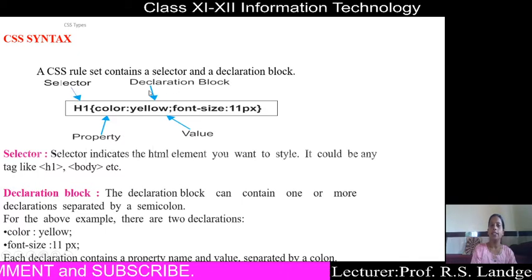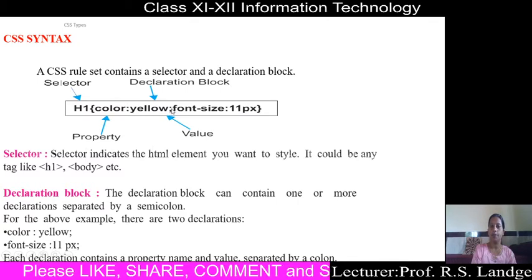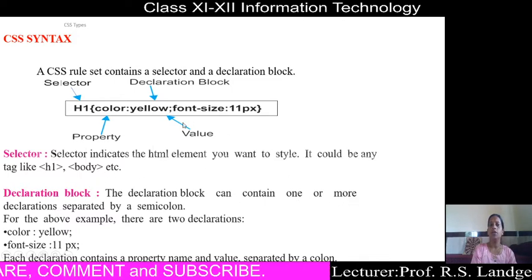Okay, and inside the declaration block there are different types of properties separated with a semicolon. Means the declaration block can contain one or more declarations, which are separated by a semicolon.